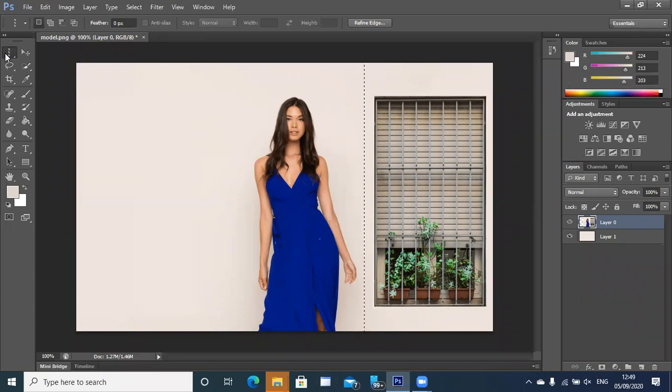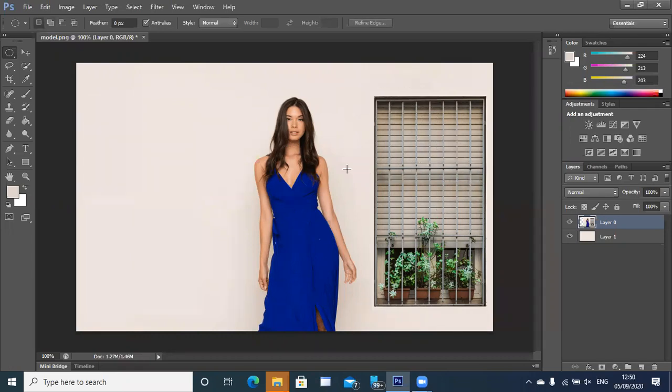You can also use a circular marquee tool. Here is the elliptical marquee tool. It's basically for selecting an oval or something like that. If you're in the elliptical tool and want a perfect circle, press shift and drag. You'll get a perfect circle. If you want an oval, you can remove the shift and you'll get an oval. If you want an exact circle, shift and drag, and leave. So you'll get a perfect circle.